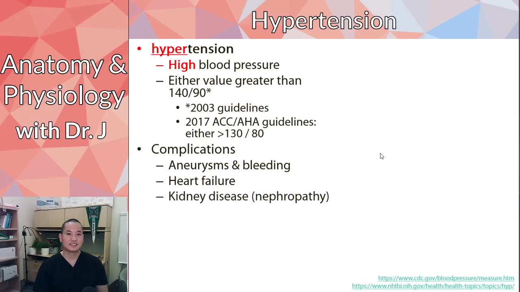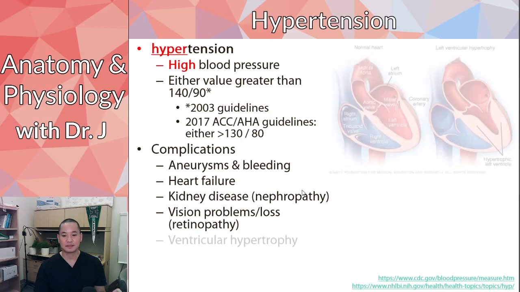And kidney disease. So your kidneys filter blood and they make urine out of it. What if you start slamming your kidneys with too much pressure over an extended period of time? Well, that can cause the kidneys to accumulate damage and also impair their functioning. Vision problems. What if you start to increase the pressure in the sensitive tissues around your eye or the vessels in your eye? Well, that can cause the cells around them to die as well.